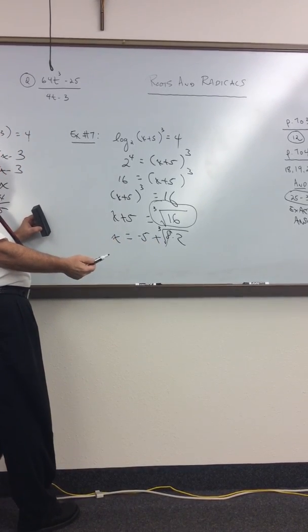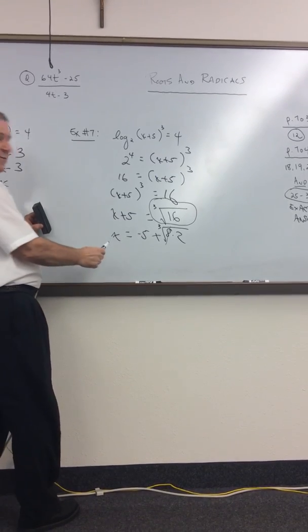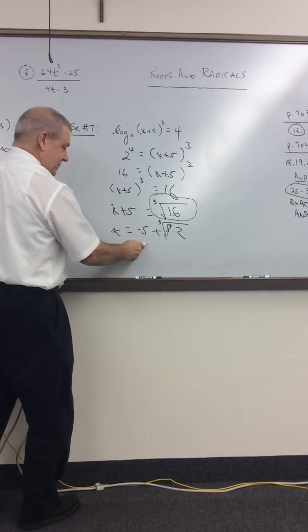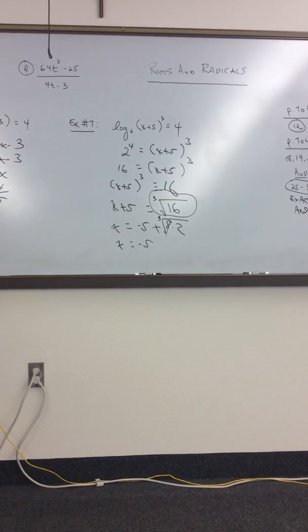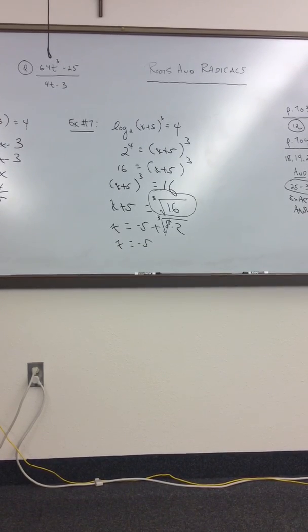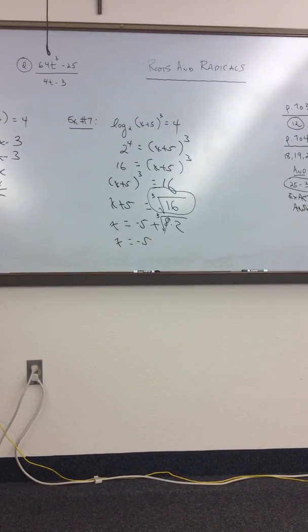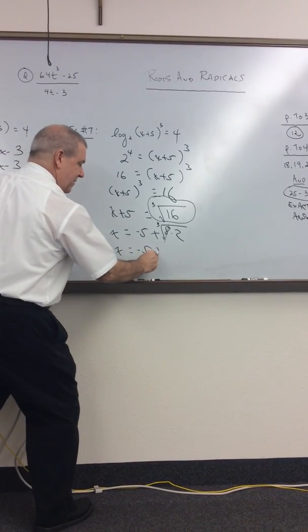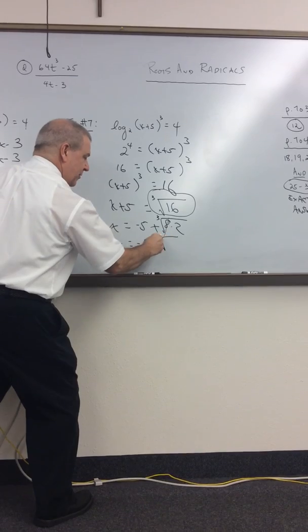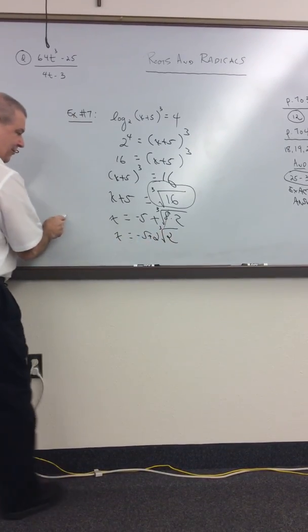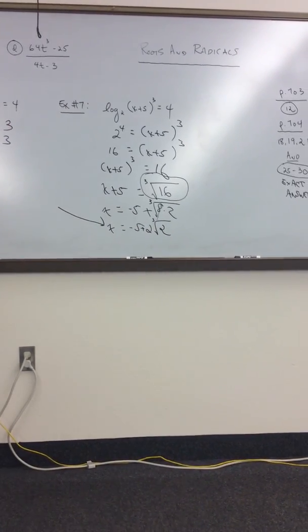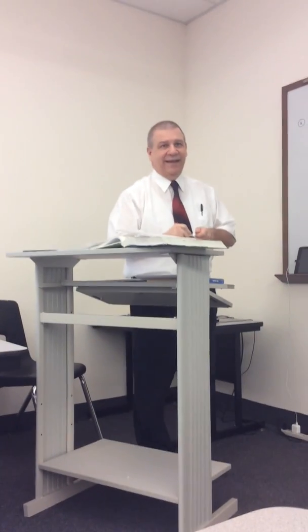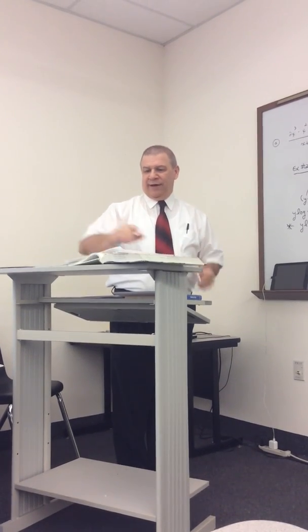Should have visions coming back from 9th grade here. So what's the cube root of 16 reduced? Just pull out the perfect cube. Howard? 2 cube root 2. Negative 5 plus 2 cube root of 2. Now, look at that. That's the answer. You're not using a calculator there when it says exact answers. Okay, now you're going to have to go